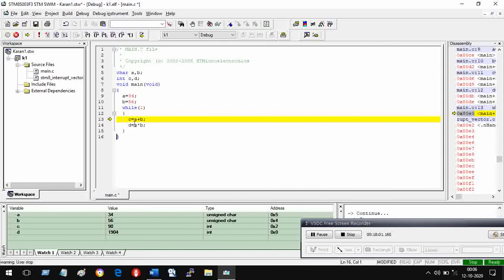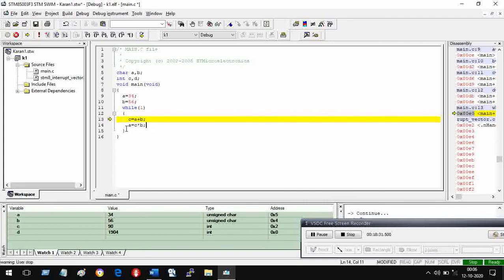C is equal to A plus B, then A is equal to B plus C or C plus B. I have to C into B. So some value will come to C, which is equal to 34 plus 56.